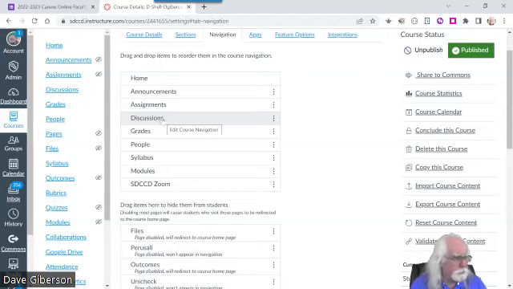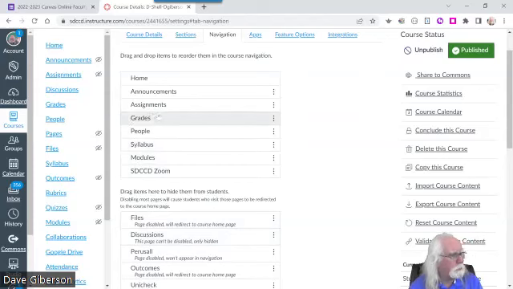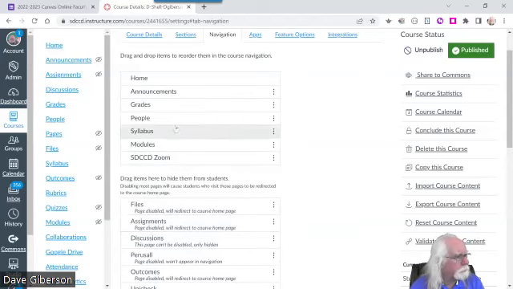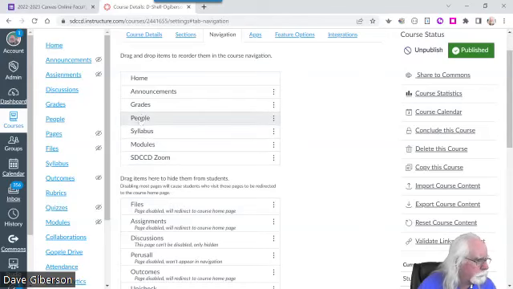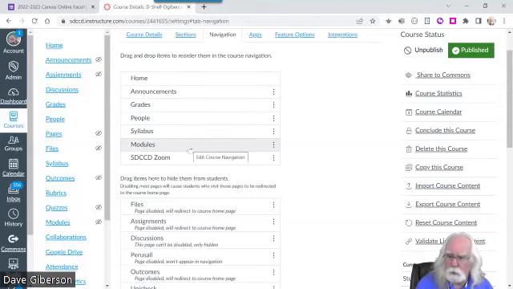You can fix it so they access the discussions through the modules rather than the tool on the side. Same with assignments. So these are the things that, with the possible exception of the people tool, you probably want to leave for them in the course menu. If you've pulled everything out of the top part of this display that you want to hide from your students,